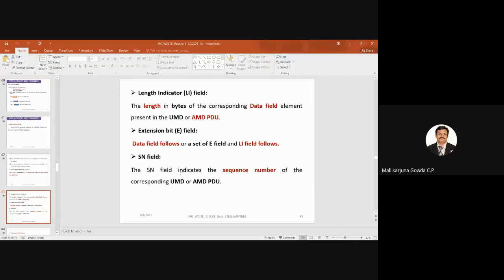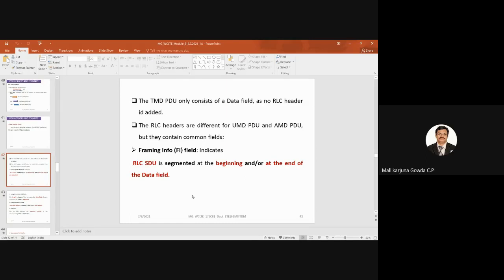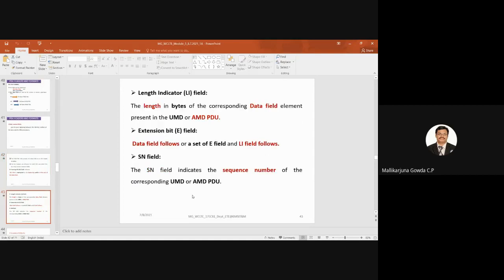The SN field indicates the sequence number of the corresponding UMD or AMD PDU. So these are the different fields in the RLC UMD and AMD PDUs: framing information field, length indicator field, extension bit field, then SN field.